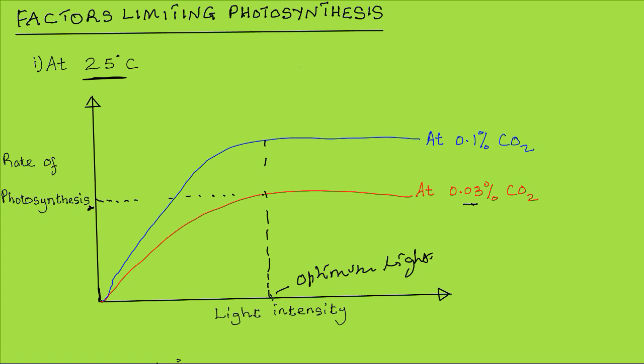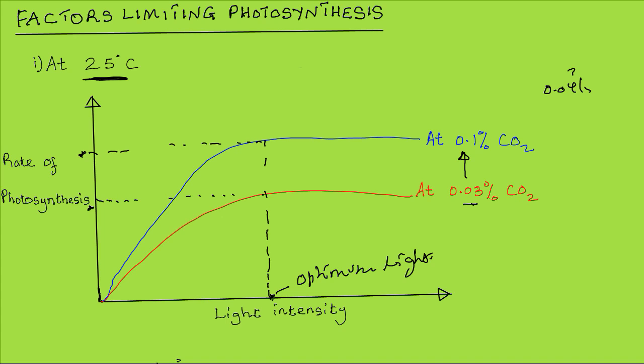Now, if we increase the CO2 concentration from 0.03 to 0.1%, because remember, in the atmosphere, the normal concentration of CO2 is about 0.04%. Now, if we increase it from 0.03 to 0.1, then the rate of photosynthesis at this optimum light intensity rises, so that we have a higher rate of photosynthesis. So at a constant temperature of 25 degrees C,